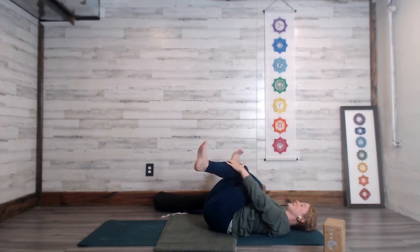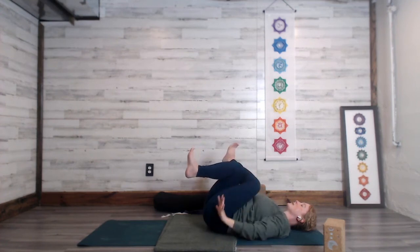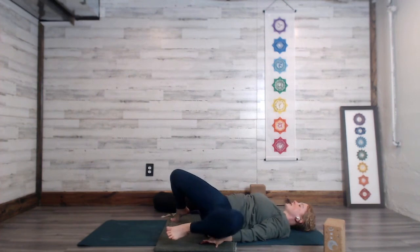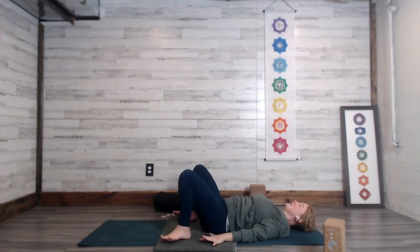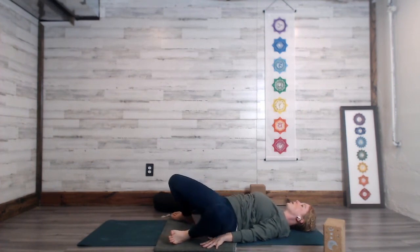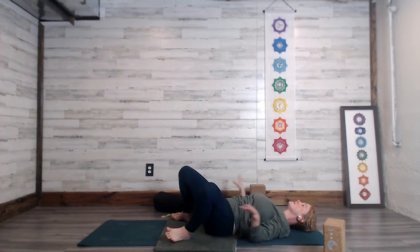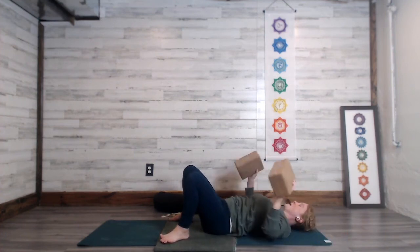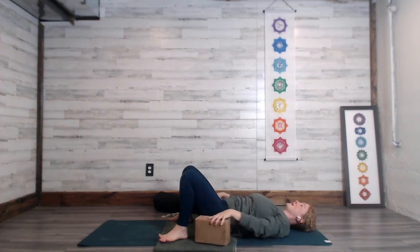Okay, last inhalation and exhalation here. Now let the hands begin to release. Let the right foot and the left foot come down, and then some swaying through the knees. Okay. You can always extend the legs out into Shavasana, final rest, or I'm going to also offer a reclined